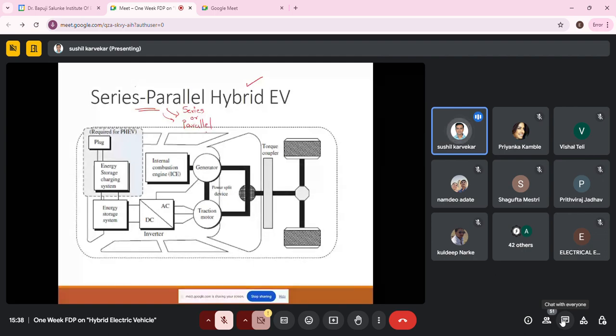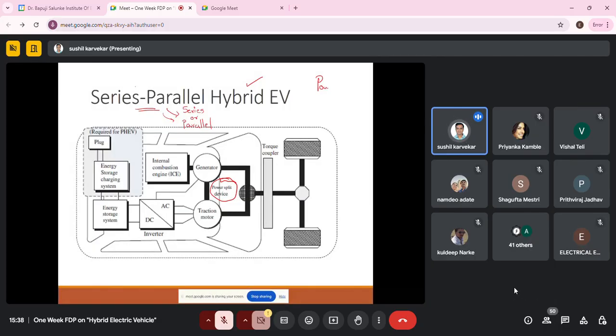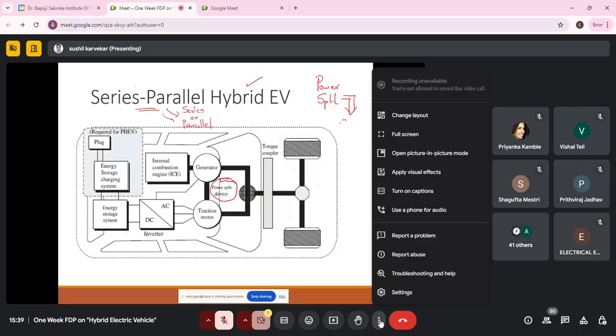If you take into consideration the series operation, this power split device is used additionally. The only thing that we need to understand in the case of a series parallel hybrid electric vehicle is that there would be a power split device, and this power split device is going to ensure proper arrangements of